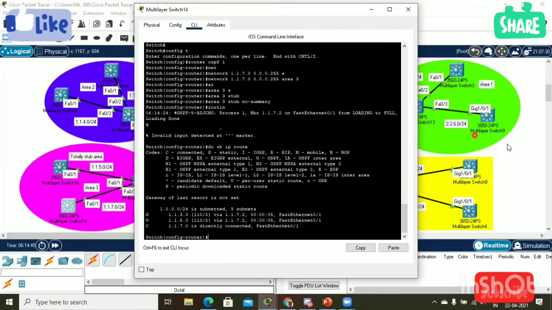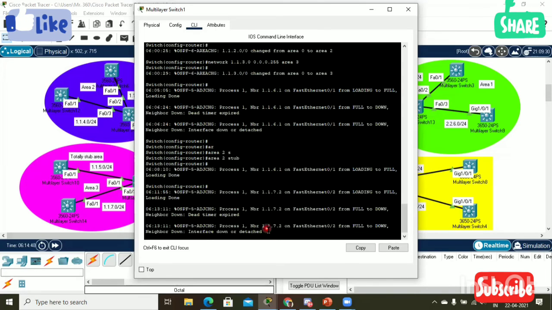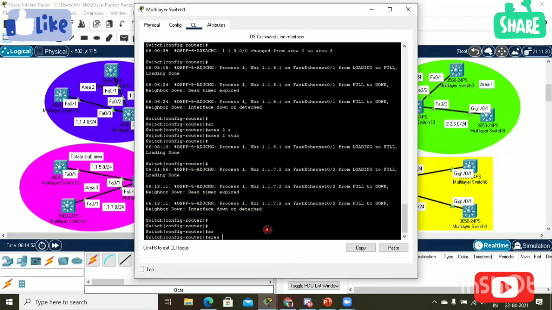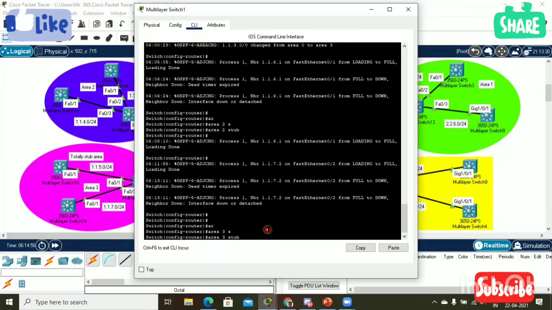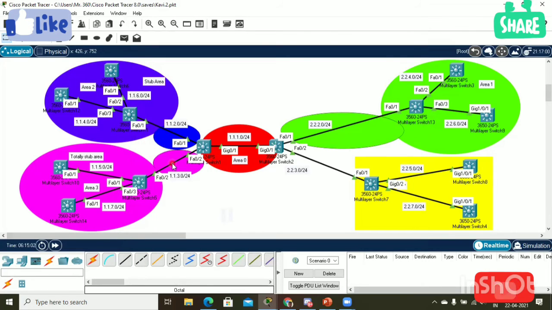Let me give one more command on this router. On the ABR, I'm going to give another command, which is area, then area ID 3, then stub, no summary. So I have to configure this command on all the routers in the area, including the ABR.